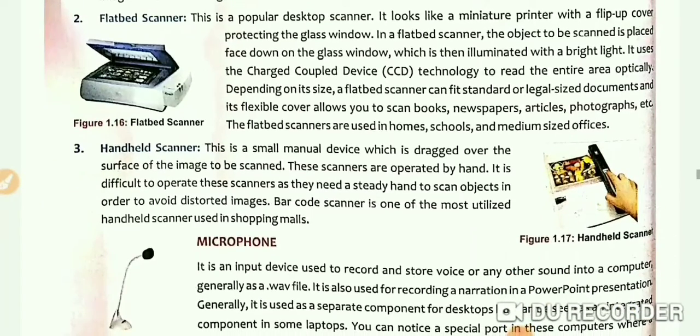The second one is flat bed scanner, and this is the popular desktop scanner. It looks like a miniature printer with a flip up cover protecting the glass window. In a flatbed scanner, the object to be scanned is placed face down on the glass window, which is then illuminated with a bright light. It uses the charged coupled device, that is CCD technology, to read